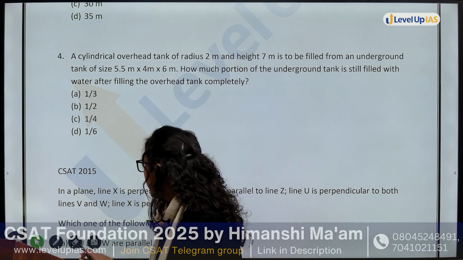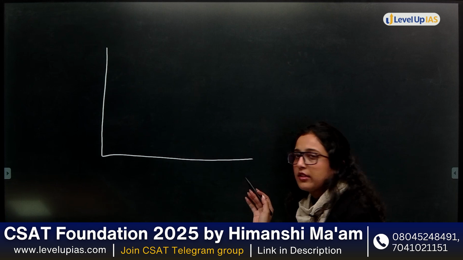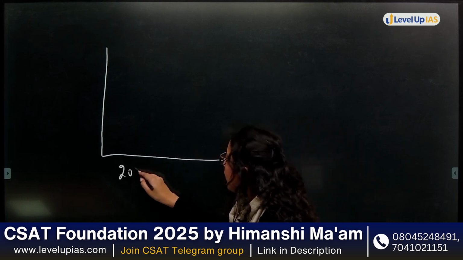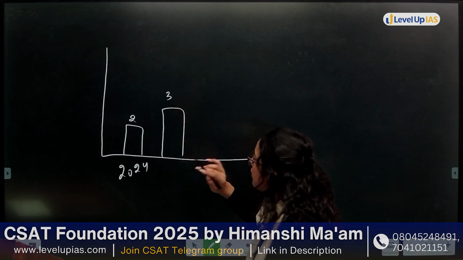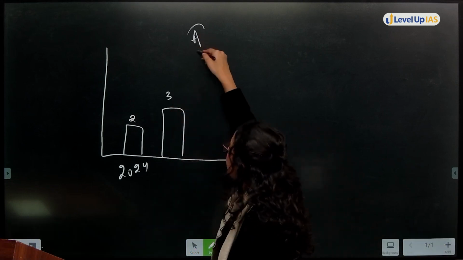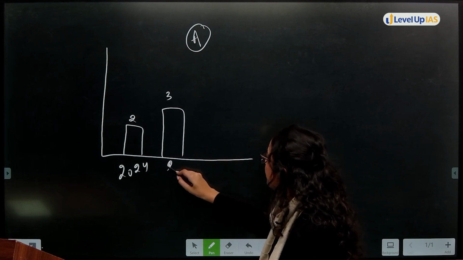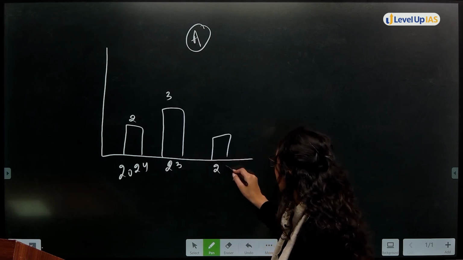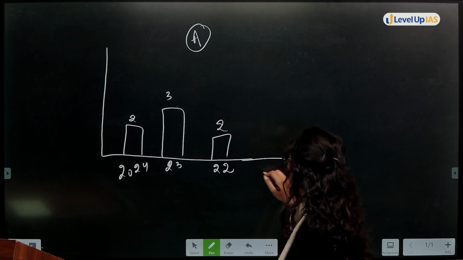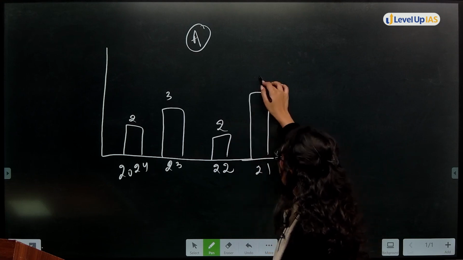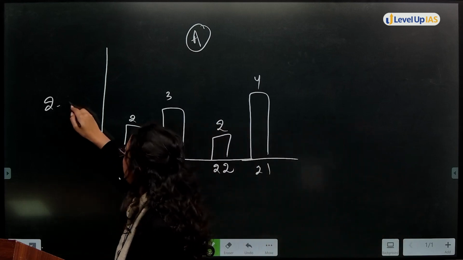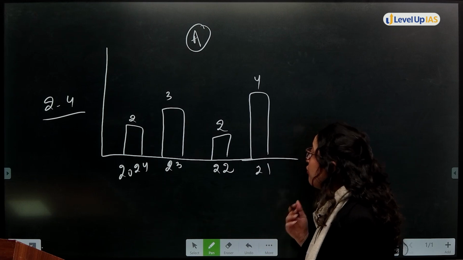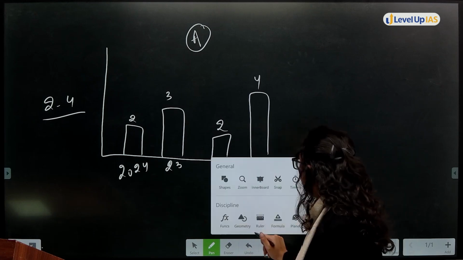For example, let's say, ये एक bar graph है, ठीक है? So in 2024, 2 questions were asked. In 2023, 3 questions of any topic A, ठीक है? किसी topic पर. In 2023, 3 questions were asked. In 22, again 2 questions were asked. In 21, 4 questions were asked. You can say that at least you can tell about the range that 2 to 4 questions are being asked, right? But what if the range is so unpredictable कि you have